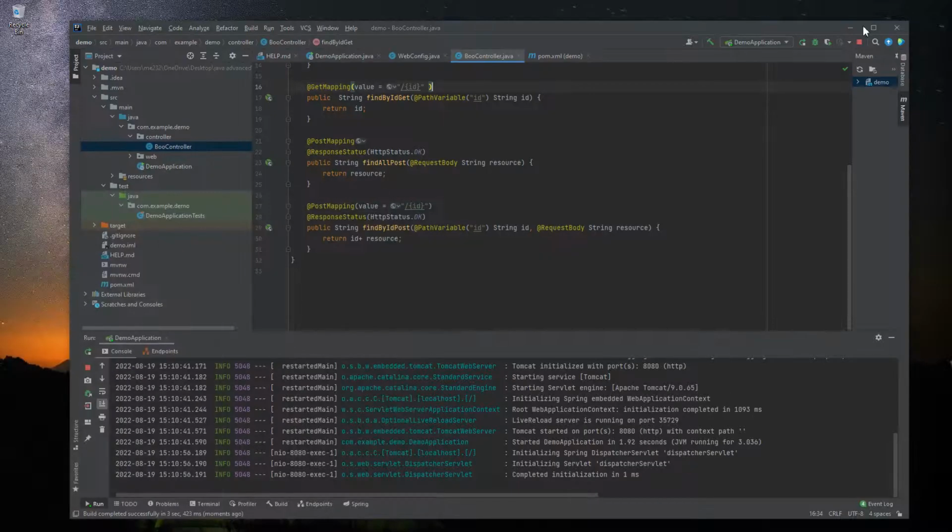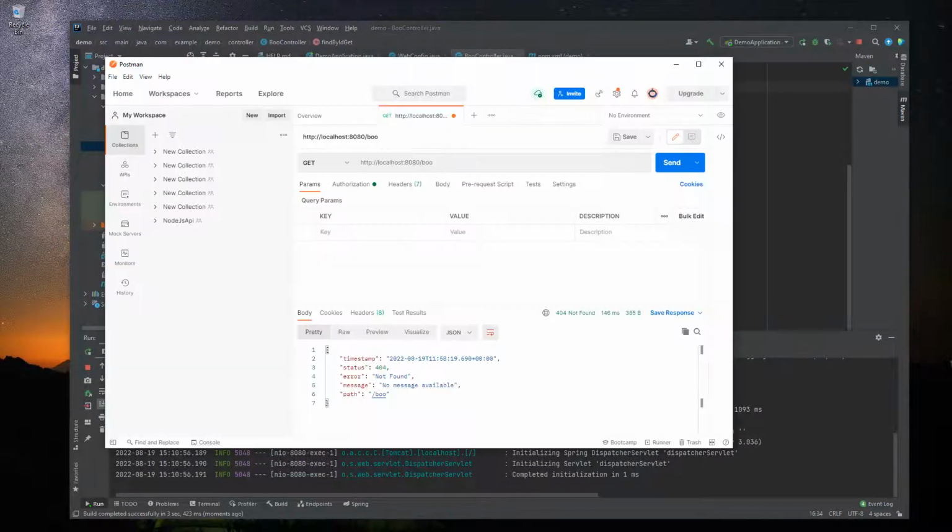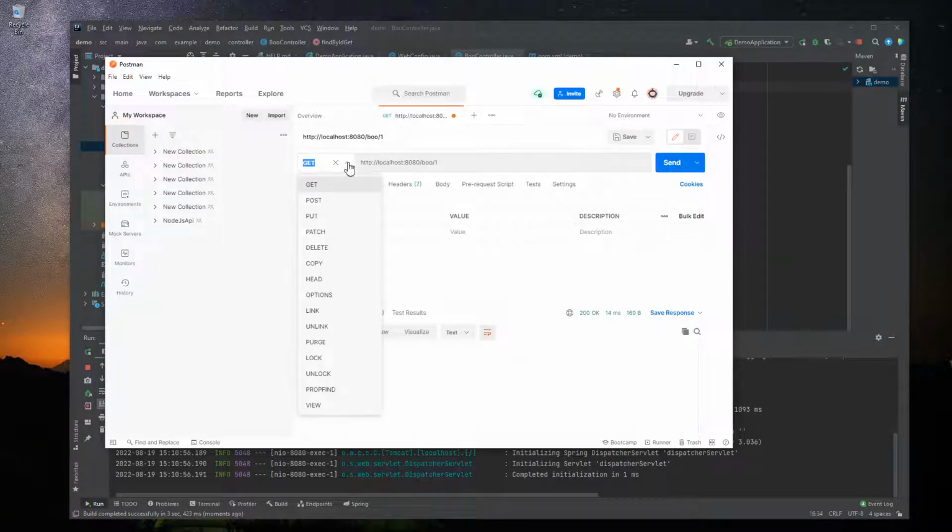It will return 3, the variable. For our post request, I will suggest Postman. Let's see what it is. Let's actually do the GET request slash parameter 1,